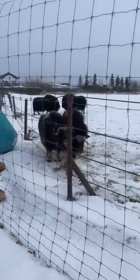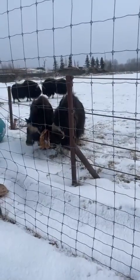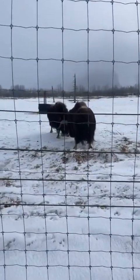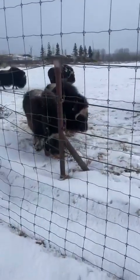Oh, my goodness. She's decorating. That's called muskox Feng Shui. So that's Willow. There's a lot going on, yeah. As you can see, muskox